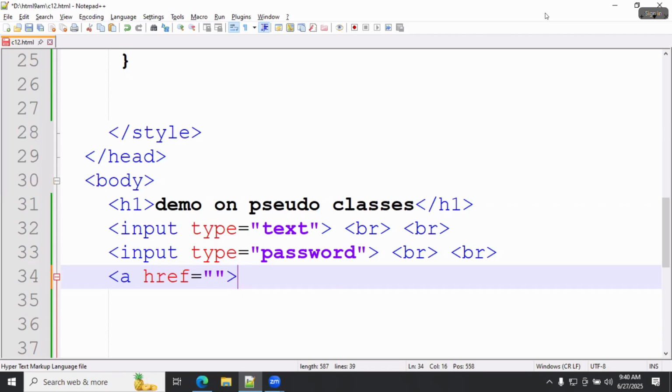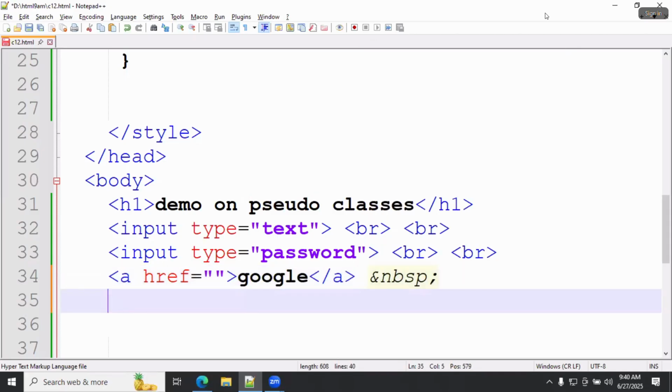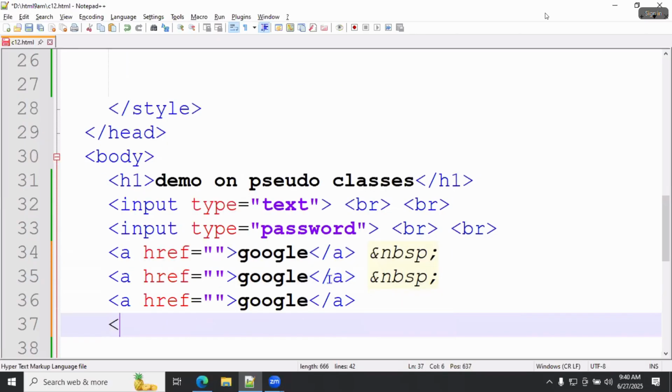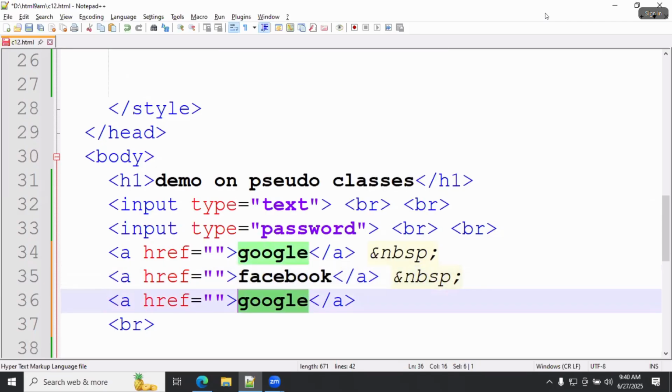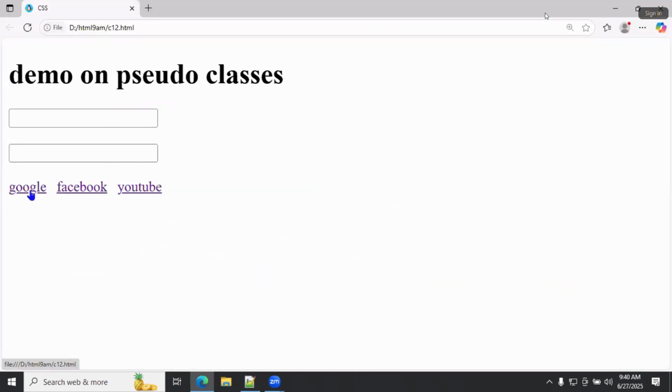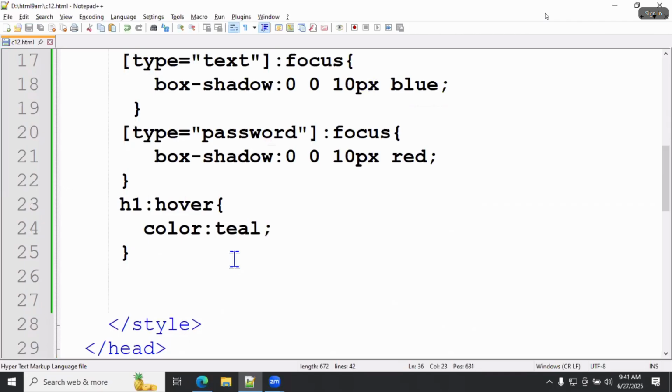So take some anchor tags, create a couple of anchor tags here, side by side. These are the anchor tags. Now I want to apply the CSS to these anchor tags. But why is hover not applied on the anchor tag, sir? Because of what you mentioned here, H1. If you remove this one, see that